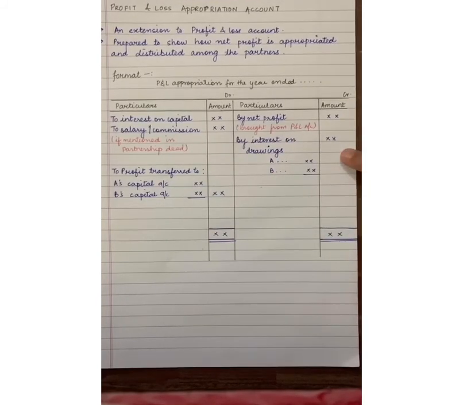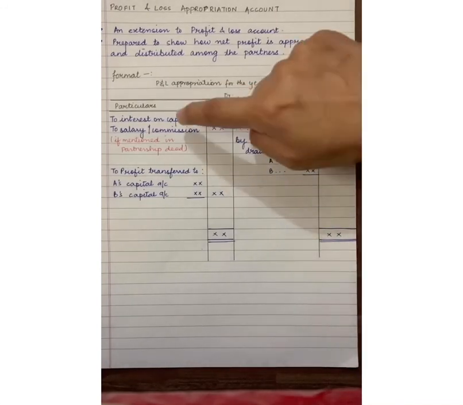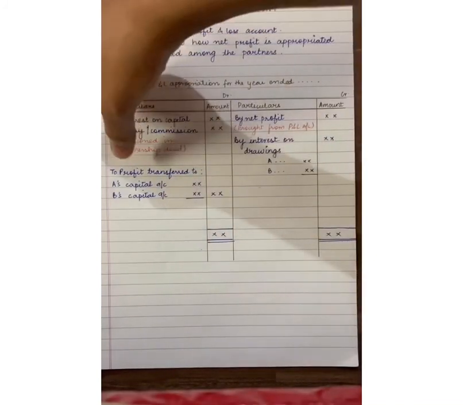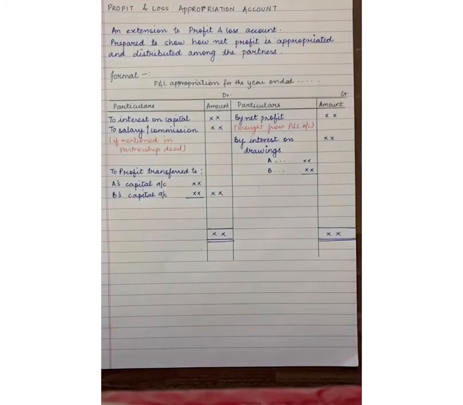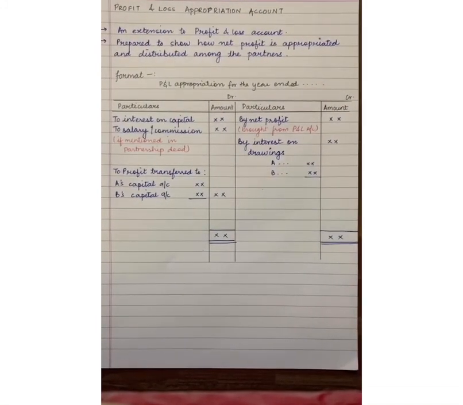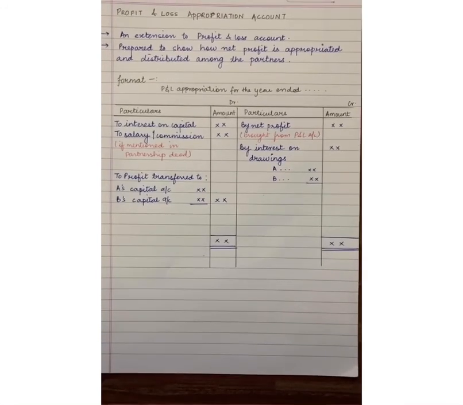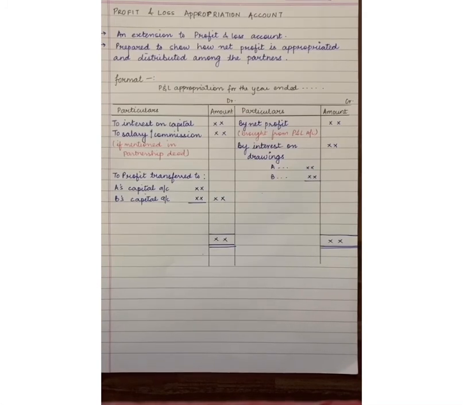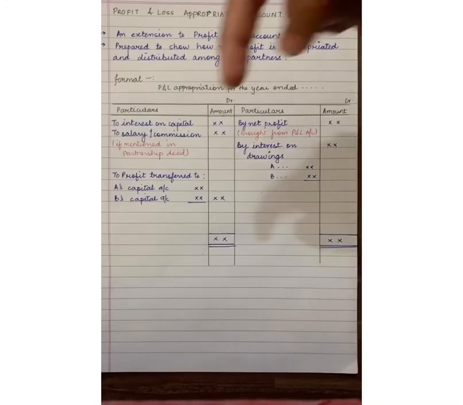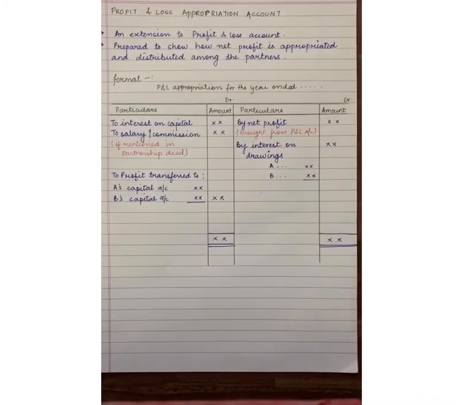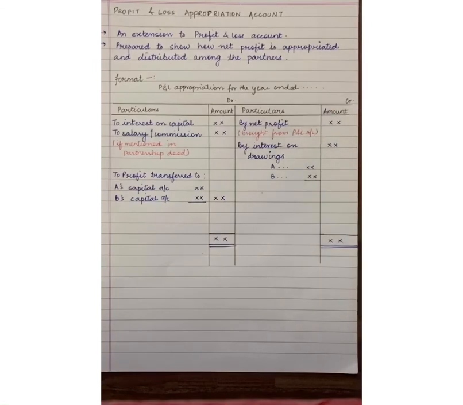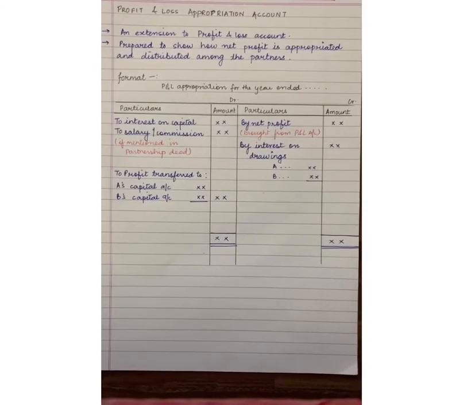So you will write the items on the debit side and on the credit side, compare both the items, you will get your net profit here. You'll compare, you'll get the net profit, and then you can divide that between A and B, or if you have more than two partners, you will divide it accordingly, according to the ratio that is mentioned in the partnership deed. If there is no ratio mentioned, then the profit is going to be divided equally, right? So the profits will basically increase or decrease. The capitals are going to change. A's capital, B's capital. The profits can increase or the profits can decrease depending upon the amounts that we are going to record here. So this is your basic and a very simple format of profit and loss appropriation account.